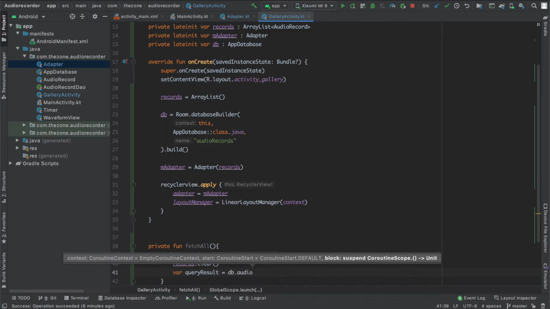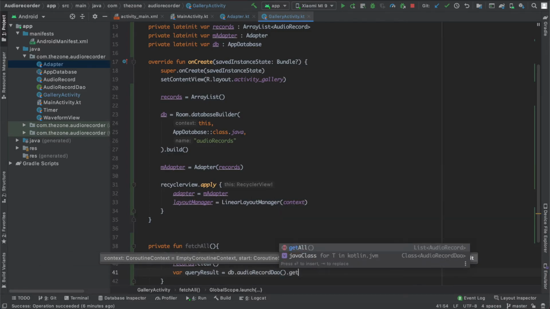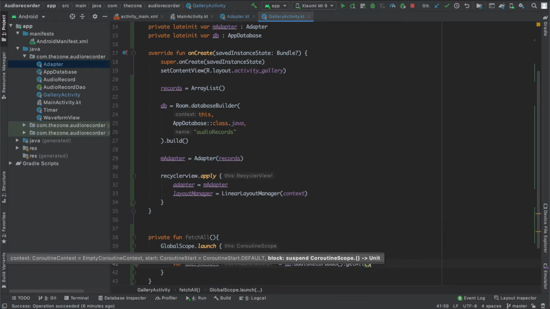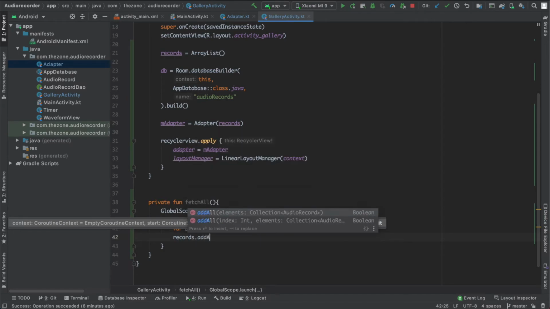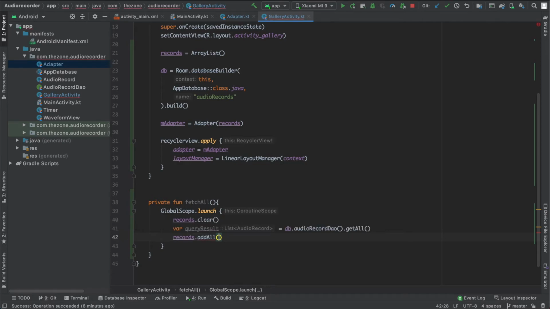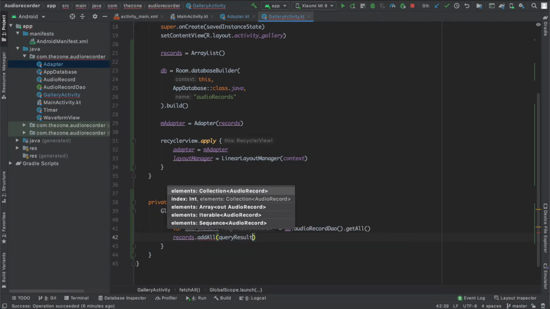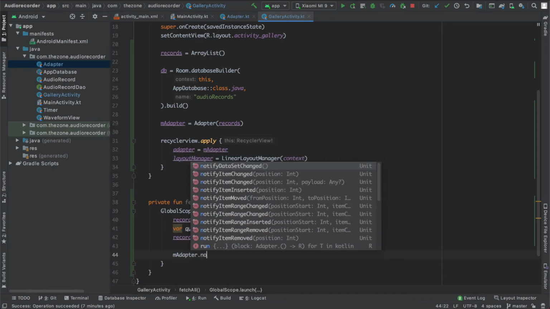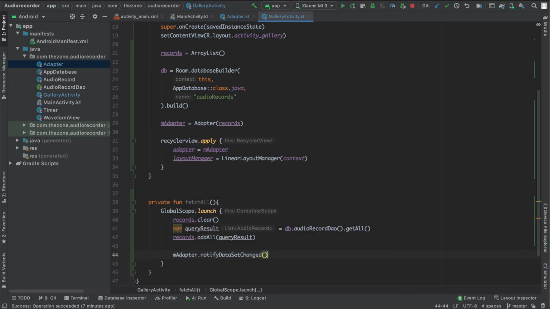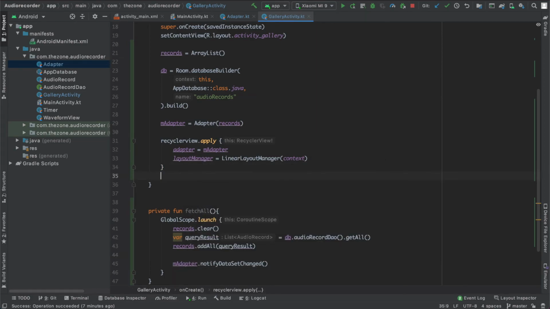db.audioRecord and get all. Then we insert all of them inside the records array list. Add all query result. One last thing is to inform the adapter that the dataset changed just by calling adapter.notifyDataSetChanged. Okay, let's call this here